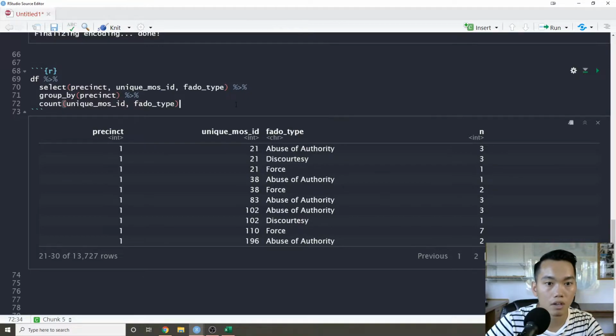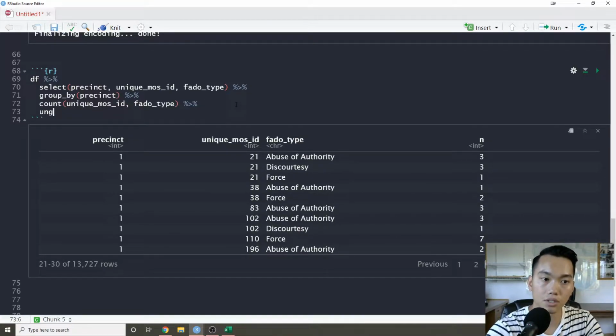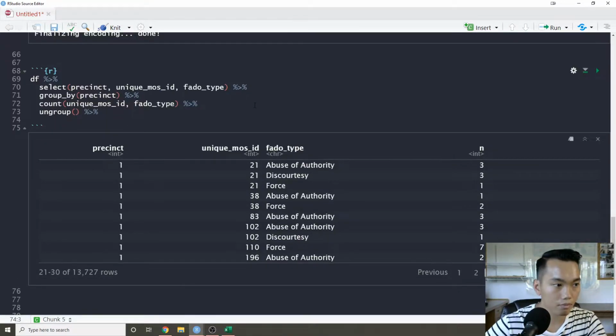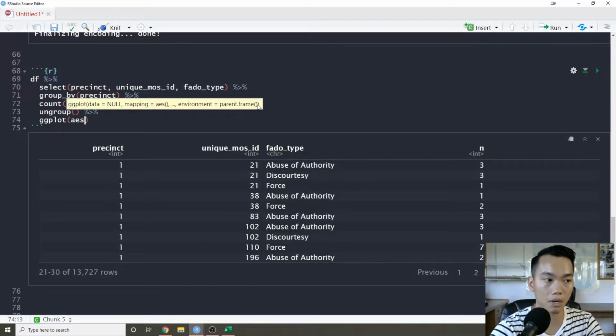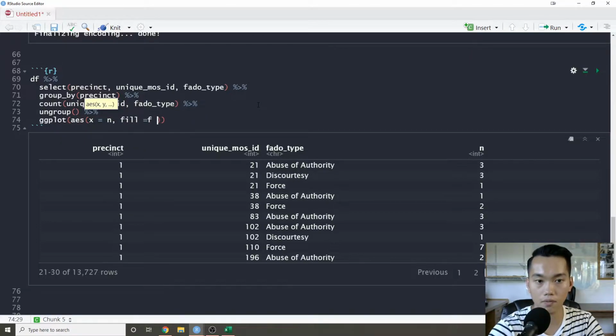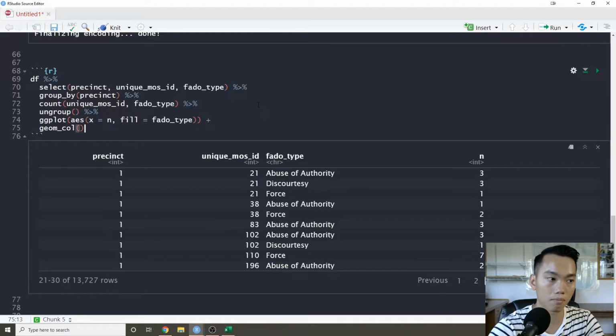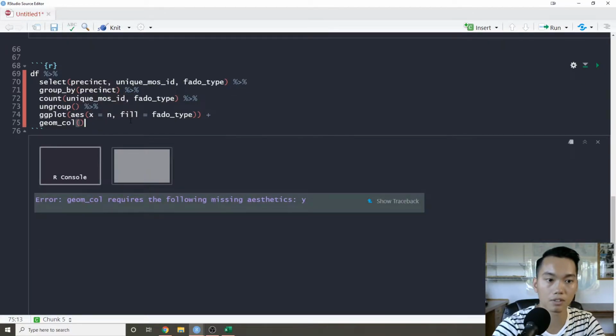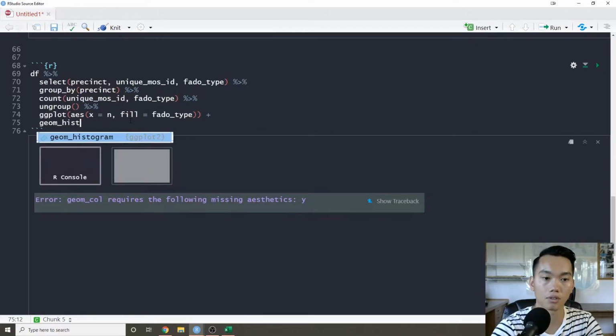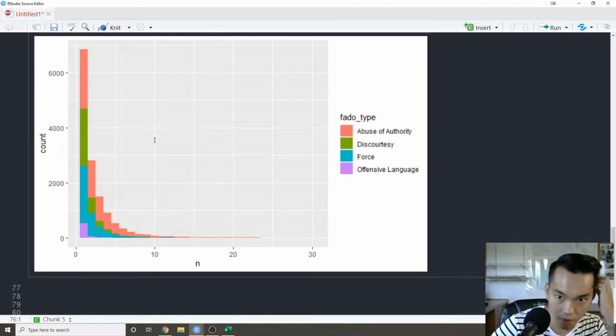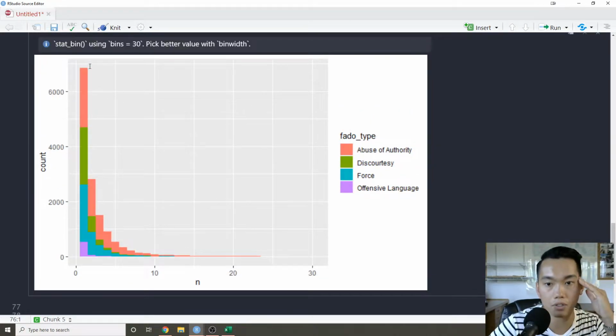Now we can just ungroup, and do a simple ggplot where we'll say x equals n, fill equals fatal type, plus geom_histogram. Right? And we can see how for each officer in a precinct, most